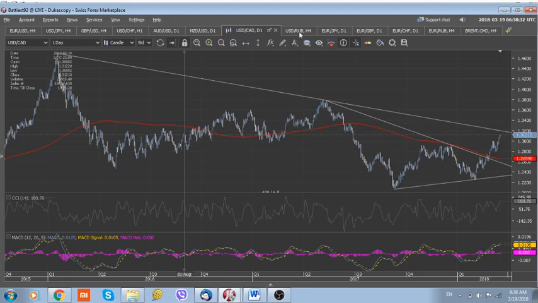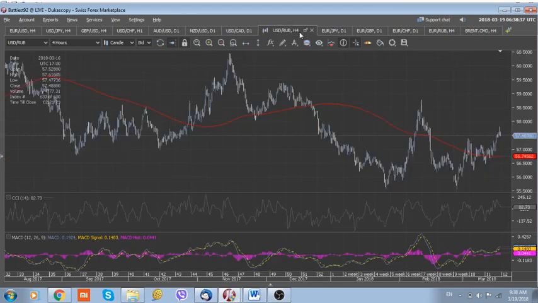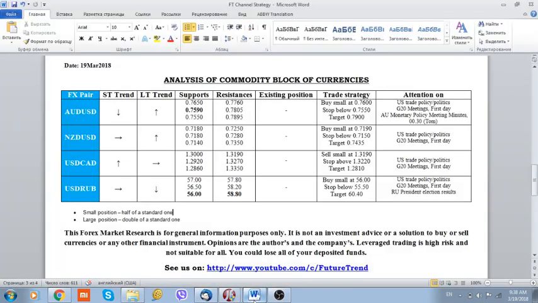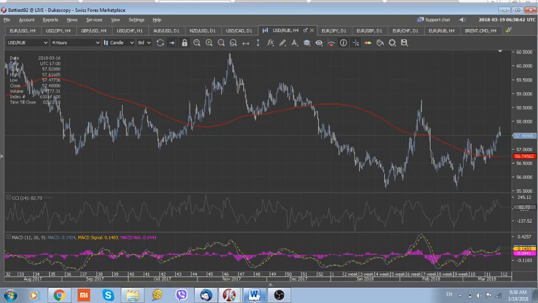And finally, the dollar ruble. Here we suggest that a lot will depend on the market opening and market reaction to the election results in Russia, but more or less we are rather neutral, and we still suggest that even a possible reshuffle of the Russian government should not lead to big fluctuations in the price of the ruble